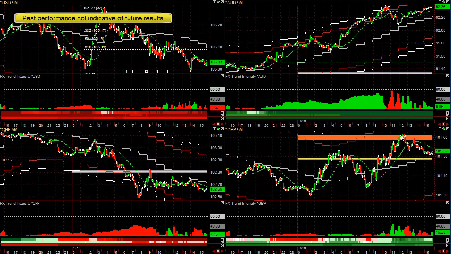When you see a resistance area like the previous week's most actively traded price, this is a wonderful area to look for reversals for a counter trend trade, and you want to find a currency that's likely to go up or is also strong at 12:30 coming up to 1. That would probably be the Australian. It has pulled back and found some support. It's extremely strong. It's not at its upper containment band, and it has some potential room to run right there. The pound